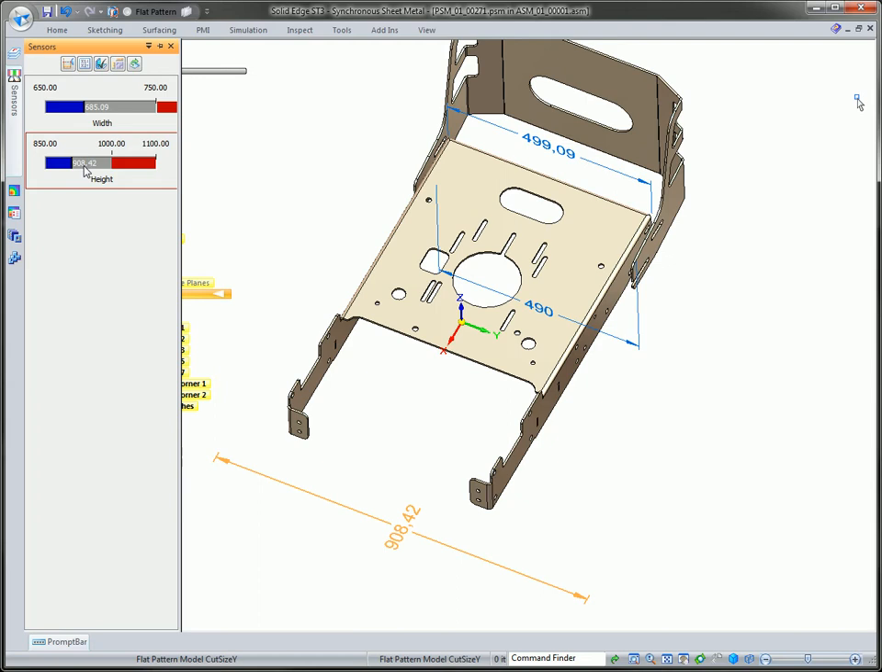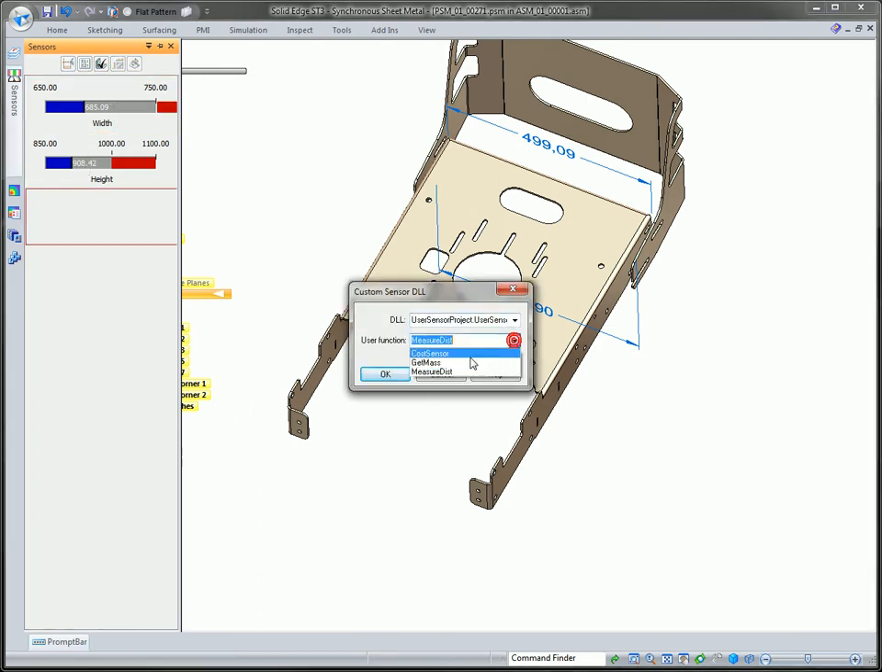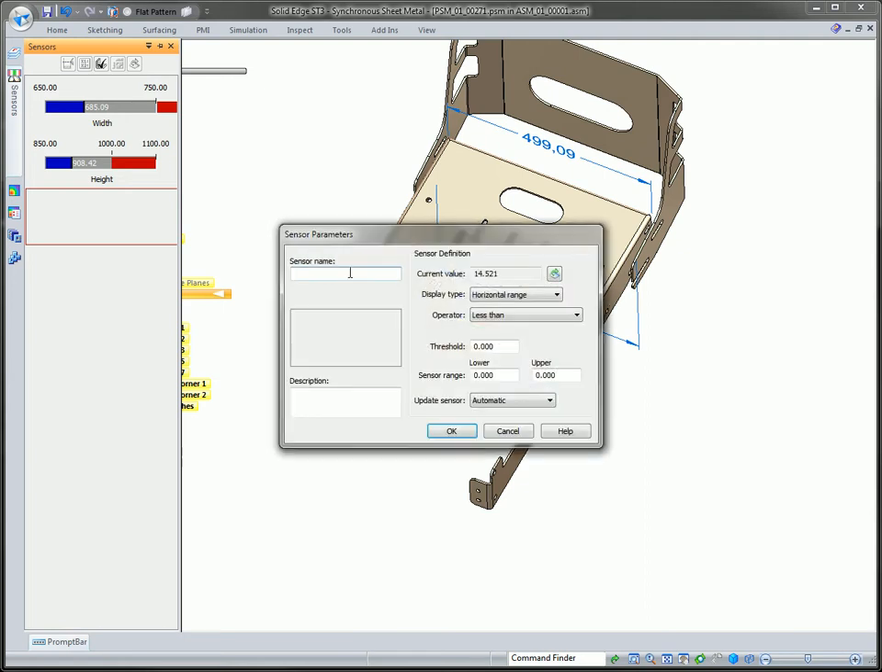And so one of the other things that I want to monitor is the weight of my part. So I'm going to just come out here and I want to take a look at the weight of my part. It's telling me it's 14.521, and I want it to just tell me true or false, and I need it to tell me when it is greater than 14. And so we'll just put in 14,